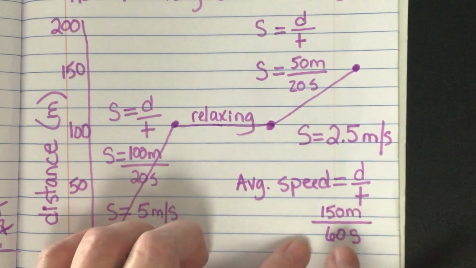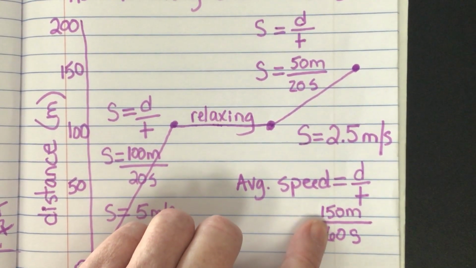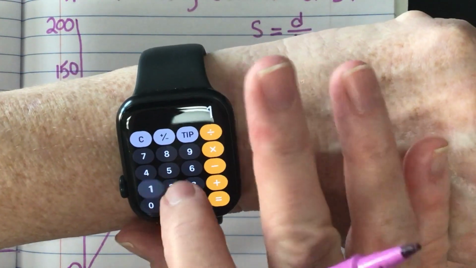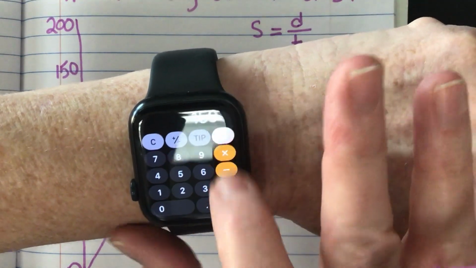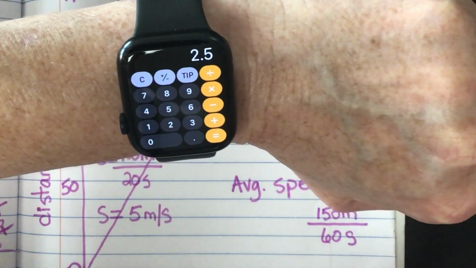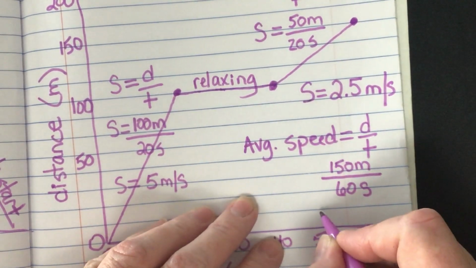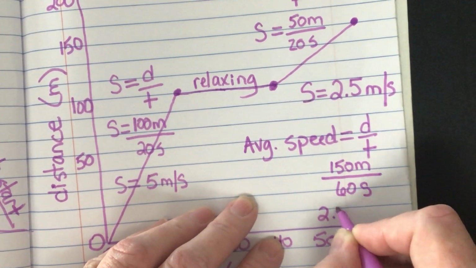So his average speed, we would take 150 and divide by 60. 2.5. He went 2.5 meters